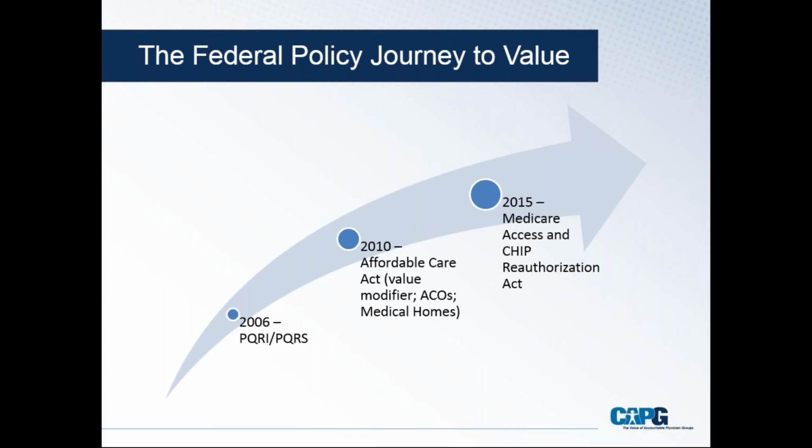So a couple of policies to highlight here: the value-based payment modifier, which was actually fairly similar to the MIPS component of MACRA, where you have an adjustment up or down, a bonus or a penalty on your Medicare Part B payment, depending on how you perform on quality and cost metrics in traditional Medicare.